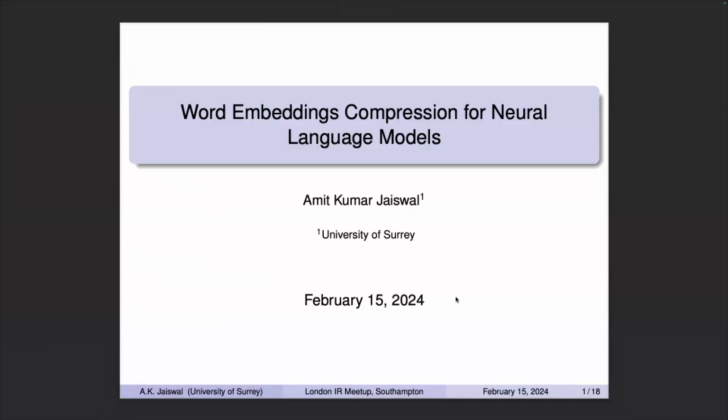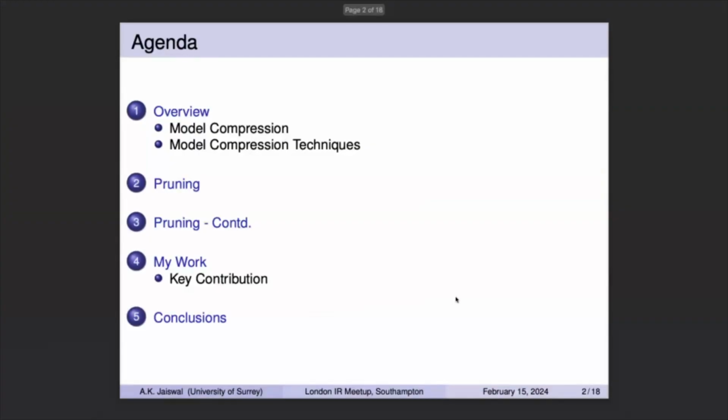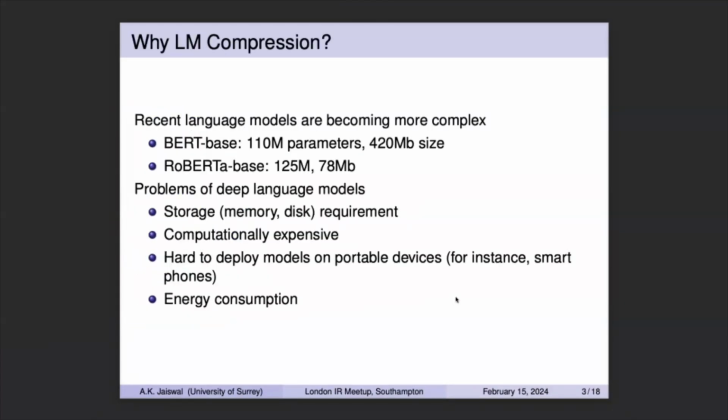Yeah, so today I'm going to talk about how we can do comparisons of language models, especially LLMs as well. As we know, most of the language models have the problem of overparameterization, and the basic need for doing language model comparison is basically, so first, initially, when attention-based models